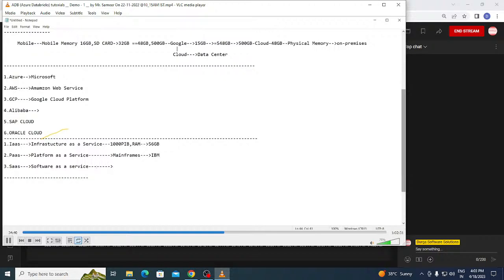And now guys, suppose you require some software. Software in the sense you require some reporting software or some analytical software, suppose you require Power BI, or suppose you require Cognos. You need not buy the license of this, need not worry about this.